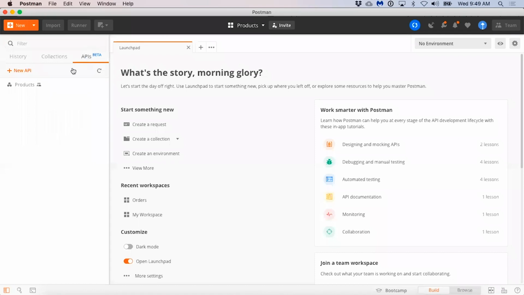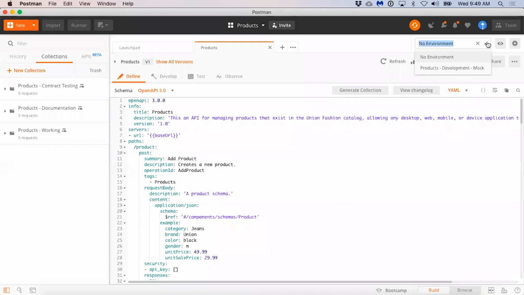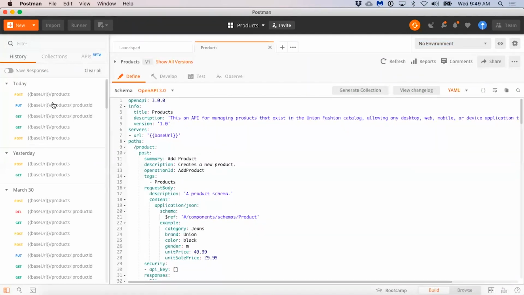Workspaces give you the ability to organize your APIs, publish your APIs, and then derive collections from those APIs for different purposes. It also allows you to manage different environments that can be applied against those APIs. And then it lets you see the history of all requests that have been made across the APIs in an individual workspace, giving you visibility over what's being done and how teams are working on APIs.